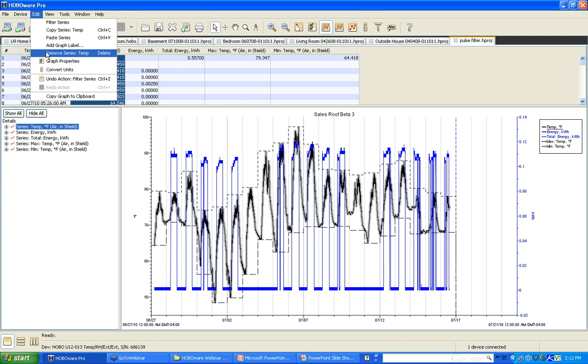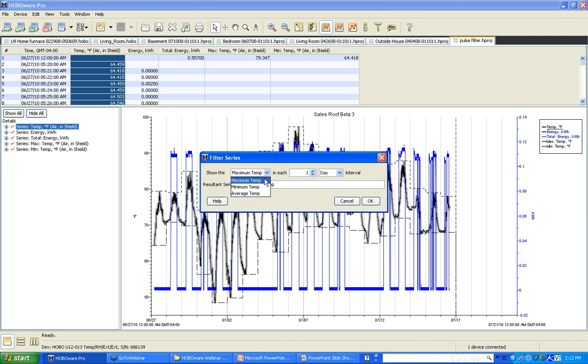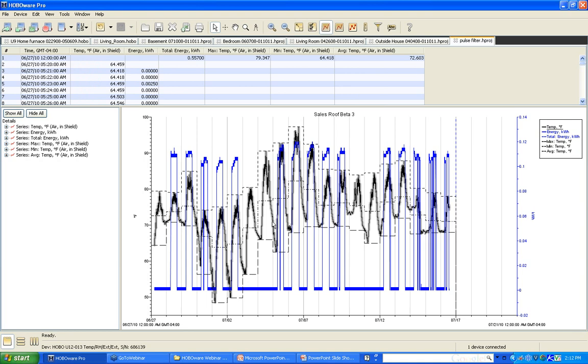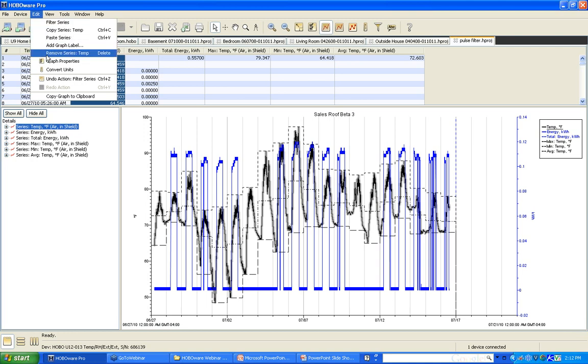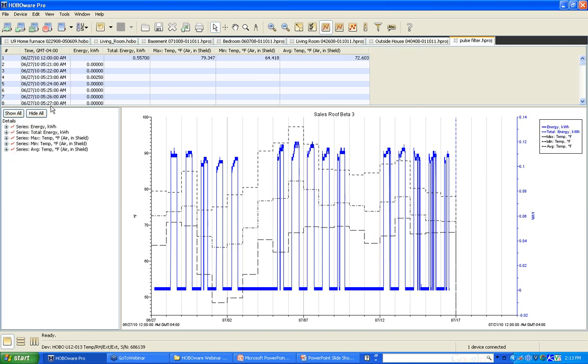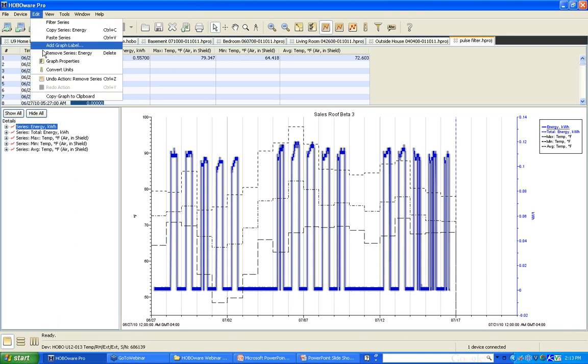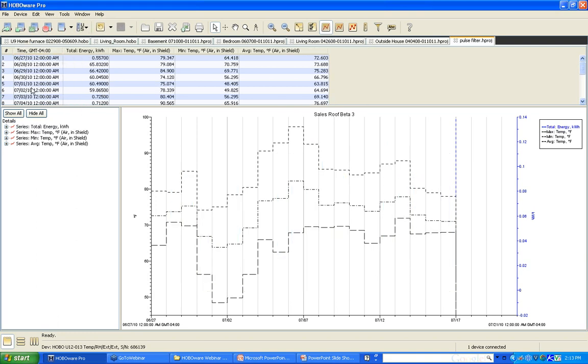And what you're building here is a really quick way to look at your data and kind of get down into the details of it. And again, now we've got all this data here. We've got the 1 minute data, which, to be honest with you, is probably overkill, but we recorded that because we could. So now what we're going to do is remove a couple of these series. And we'll remove this. And so essentially what you have here is daily energy usage as well as your max,